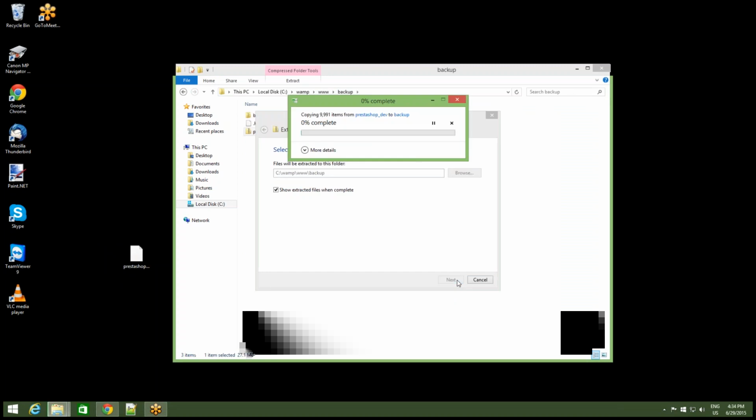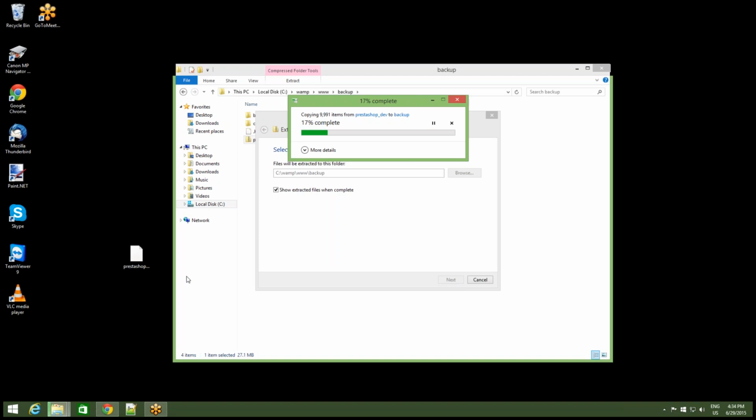Now once you go ahead and click that, it's going to take a couple of seconds or minutes depending on the size of your site and of course on your computer as well. So for that, we'll just leave that processing. Now the next thing, now that we have all of our files being transferred onto our local backup folder, we